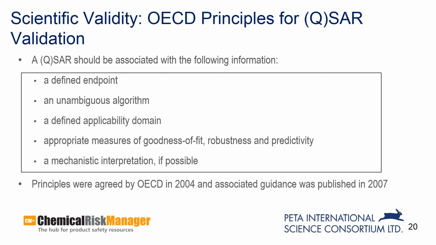Firstly, a defined endpoint in terms of something that is relevant to the regulatory purpose. Secondly, an unambiguous algorithm, so an equation or a relationship that is transparent and comprehensible. Thirdly, a defined applicability domain. So this is our concept of the chemistry and other factors that define the space of our model. Fourthly, appropriate measures of the goodness of fit, robustness and predictivity of a model, describing its performance both internally and ideally to a test set that the model has not been exposed to previously. And finally, if possible, a mechanistic interpretation. And that enables us to give some credibility and validity to the model as appropriate. On the next slide,